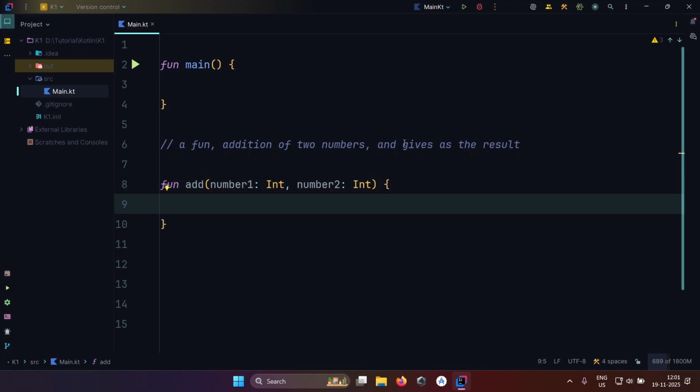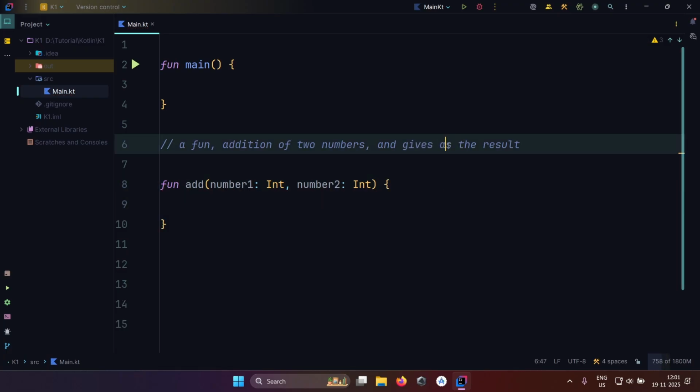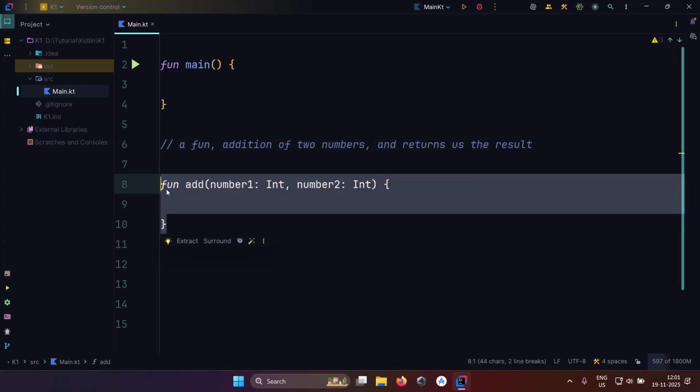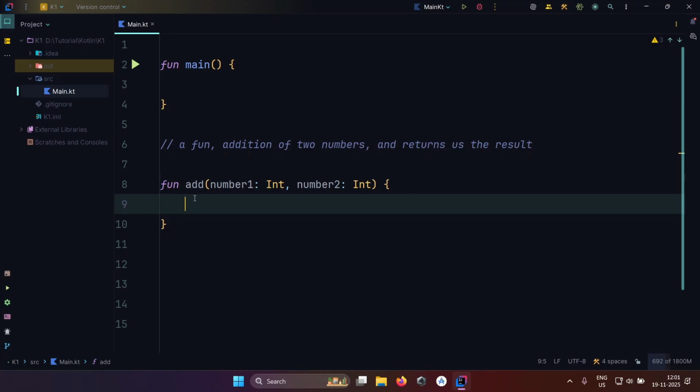Now it gives us the result. What I mean is, it returns. If I type return here, it returns us the result, meaning it gives something back to us. It does some work here, and after doing everything, at last, if we want it to give us something in return,